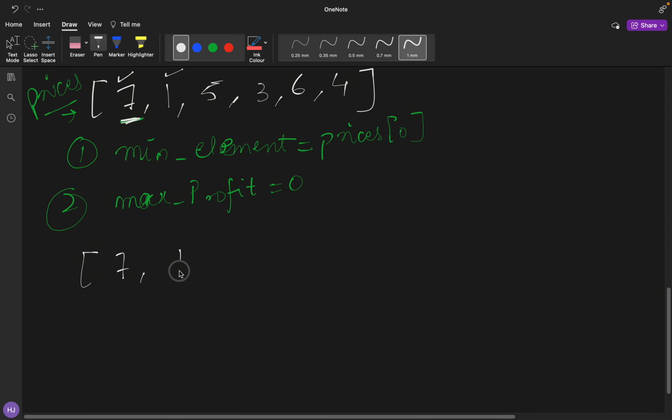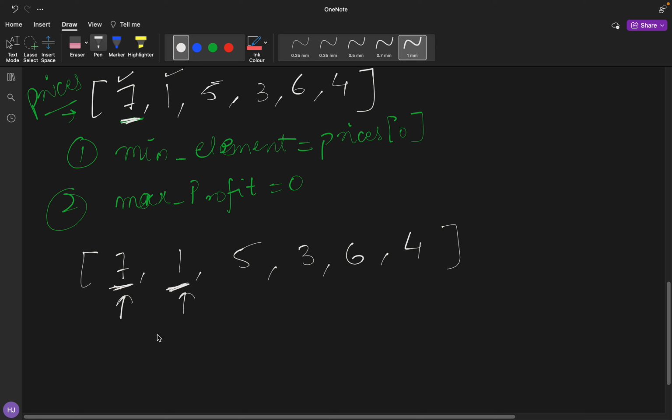Let's assume the first day on which I assume to buy my stock is 7, right? So let's assume my minimum element to be 7. When I traverse to the next element in the array,